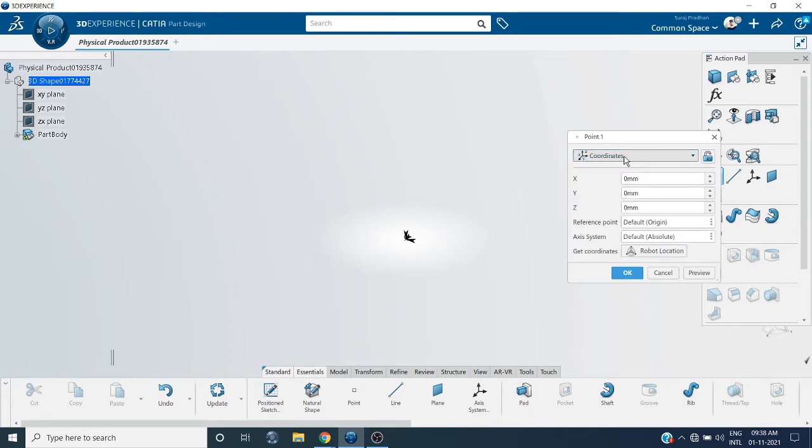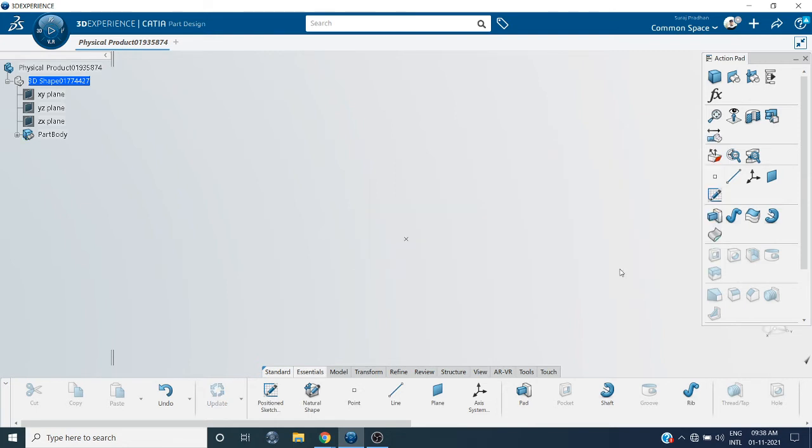But I need only coordinates. So x0, y0, z0. In whichever coordinate you want to place the axis system, you can give that coordinate point. Click OK.